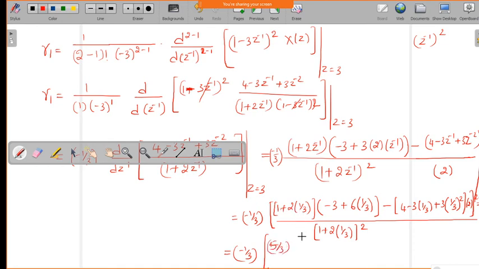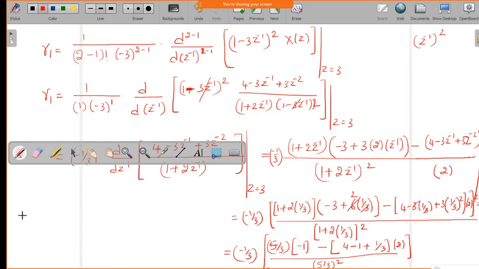So this value will get 5 by 3, and these 3 and 2 will cancel each other. So minus 3 plus 2, you will get minus 1. So minus of, here 3 and 3 will get cancelled and here you will get 4 minus 1 plus, so this will become 1 by 9. 3 by 9 means again it will become 1 by 3 into 2. So this is divided by the value 1 plus 2 by 3, so you will get 5 by 3 whole square.